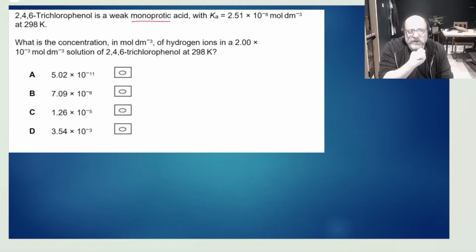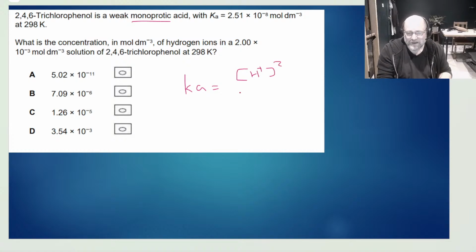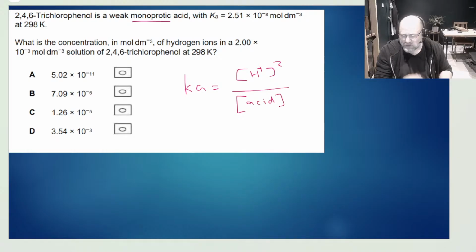How many hydrogen ions are in a 2 times 10 to the minus 3 mole per decimeter cubed of this? All you have to do here is write out your expression. Ka is equal to H plus squared over the acid. And they don't want you to do the minus log bit. They just want you to find the hydrogen ion concentration. You go in B, Marwa. Let's have a little look. Oh